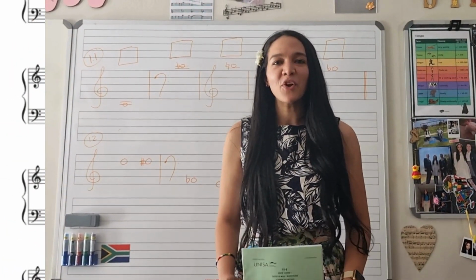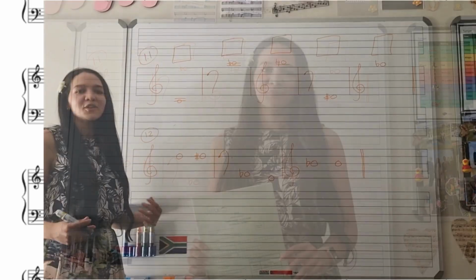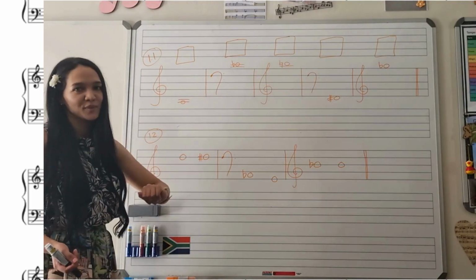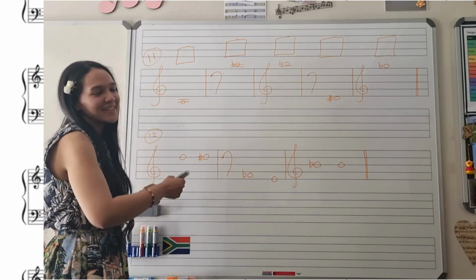Looking at the UNISA Theory of Music Grade 1, October 2021 paper. In question 1.1, we are asked to name the given notes. I have it up on the board in orange, and I will go ahead and fill it in